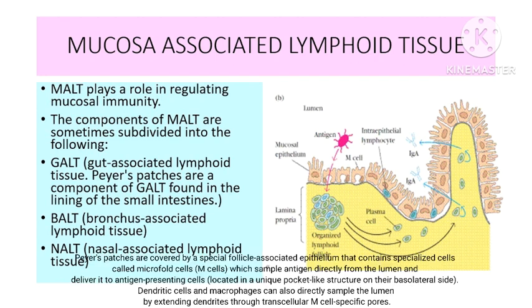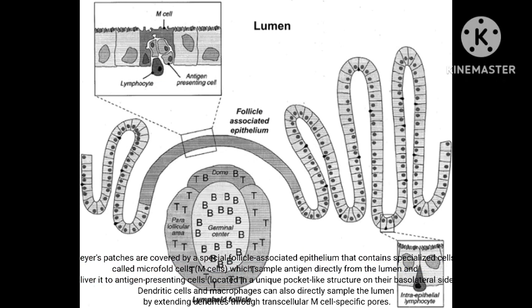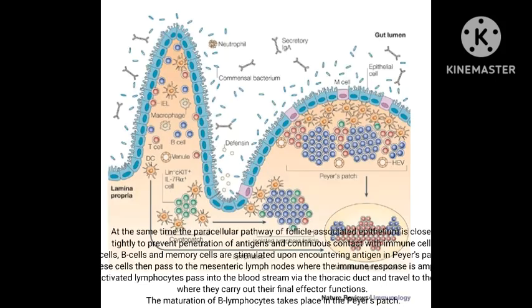Peyer's patches are covered by a special follicle-associated epithelium that contains specialized cells called microfold cells, M cells, which sample antigen directly from the lumen and deliver it to antigen-presenting cells, located in a unique pocket-like structure on their basolateral side. Dendritic cells and macrophages can also directly sample the lumen by extending dendrites through transcellular M cell-specific pores. At the same time, the pericellular pathway of follicle-associated epithelium is closed tightly to prevent penetration of antigens and continuous